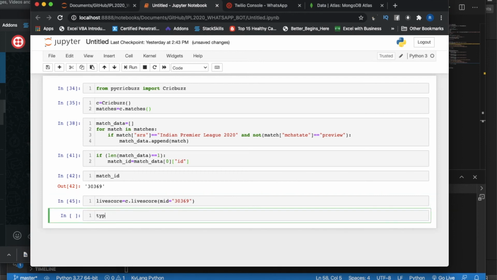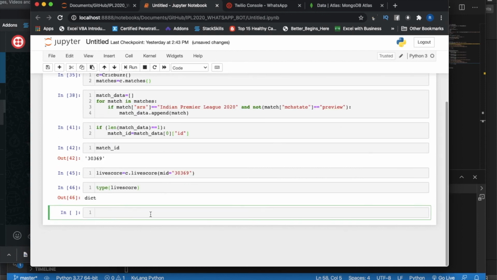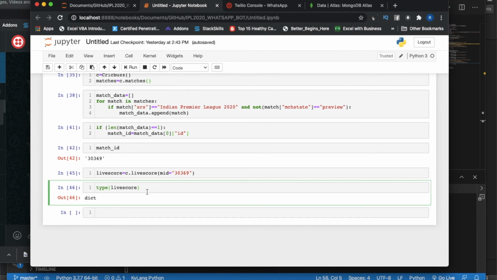Let's try this thing. Type of live_score is dictionary. So now what you have to do is parse this thing into a string. How to parse JSON into string, that is also very interesting. You can easily do it in Python.